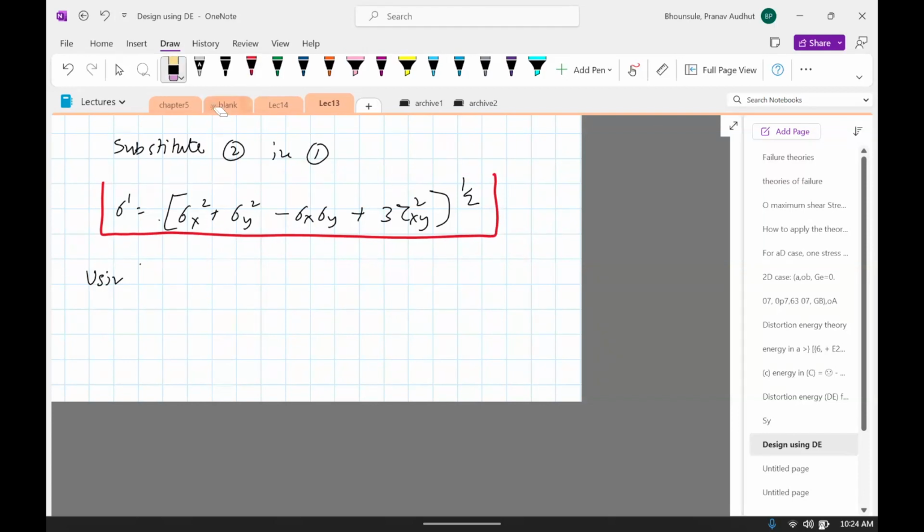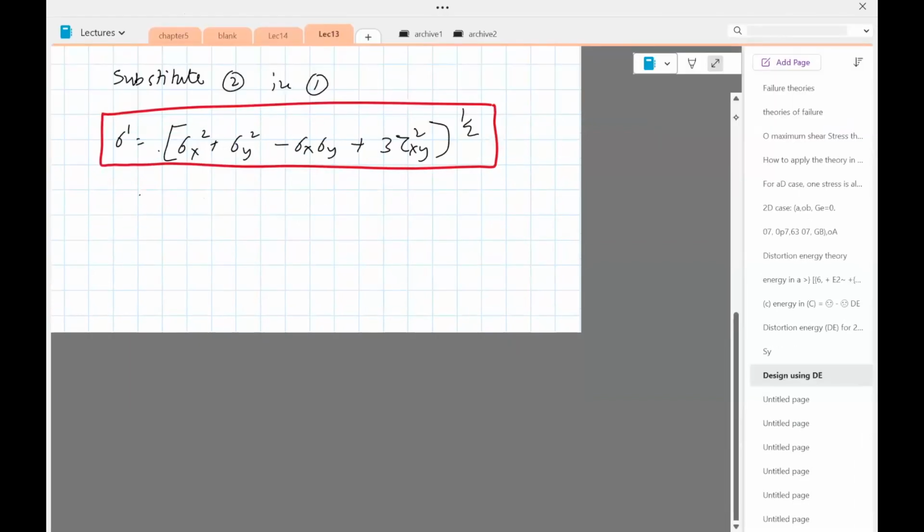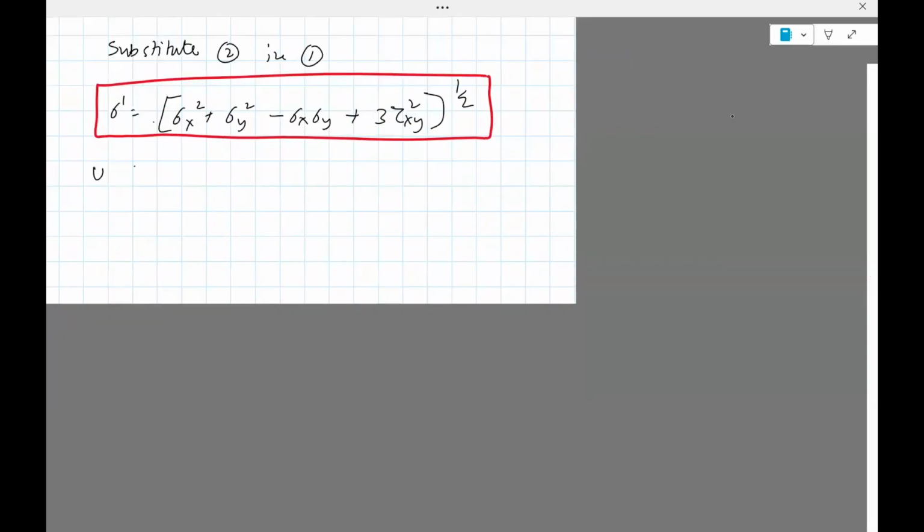So we're going to use the distortion energy theory for shear experiments. That is, the main mode of failure here is shear, or there's no principal stress, sigma x, sigma y, but there's shear stress. So if you put sigma x equals sigma y equals 0